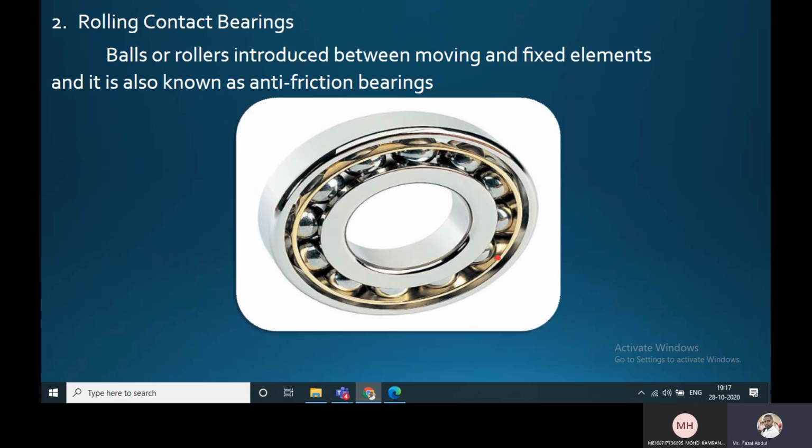Another one is a rolling contact bearing. Rolling contact bearing means the rolling action is going to exist between the two meeting parts. See, the washers are available. If you observe the diagram, in the middle portion is the shaft, and the outer one is the bearing. So this is the inner race, this is the outer race, and between these two, balls are located. Because of the continuous rotation of the balls, the bearing permits the relative motion to the journal or shaft.